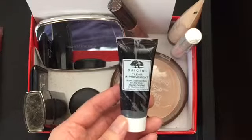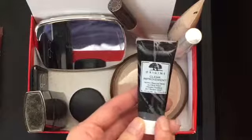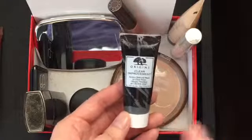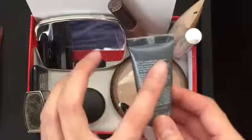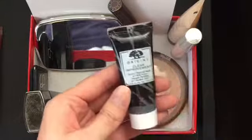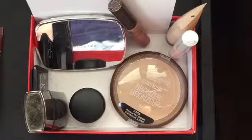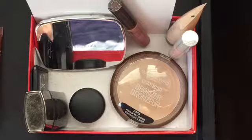It actually feels soft and moisturized, and a little really does go a long way. You don't have to cake it on like with the L'Oreal mask. I didn't use very much but I really like this product. Definitely would recommend. Okay, everything that's left here is from Project Pan, so now we can go ahead and shop